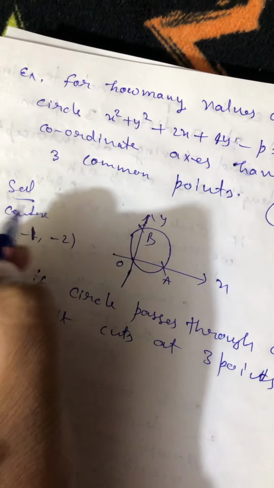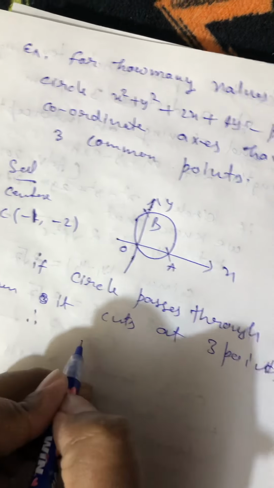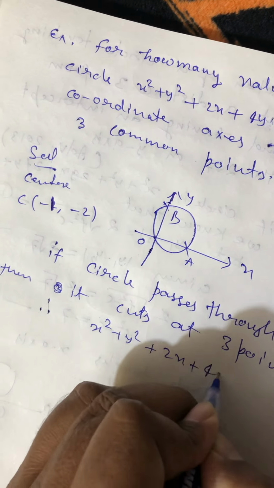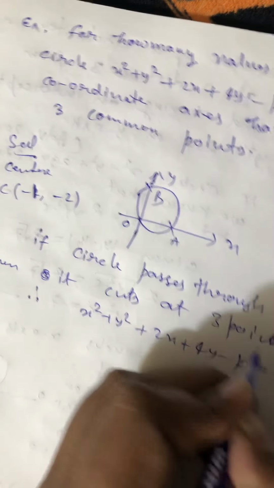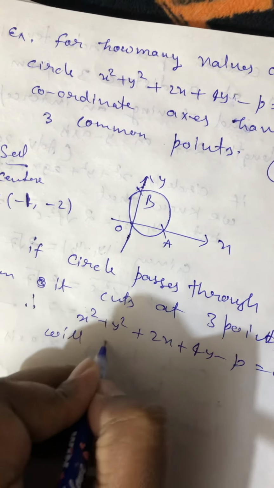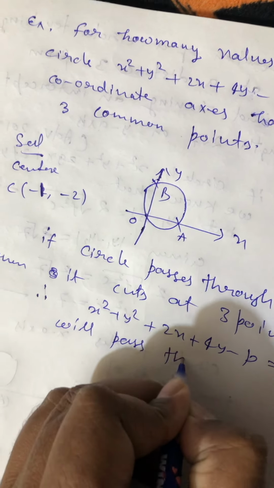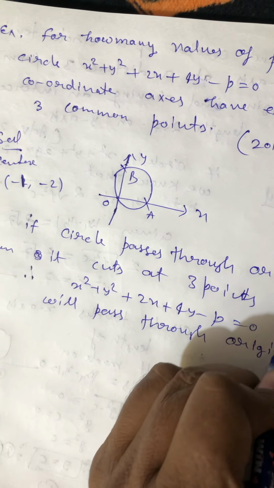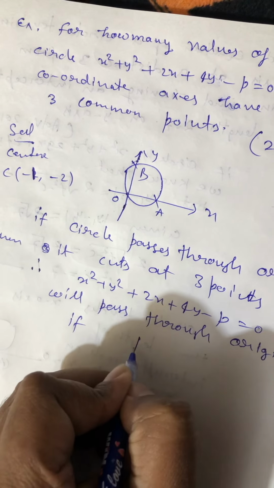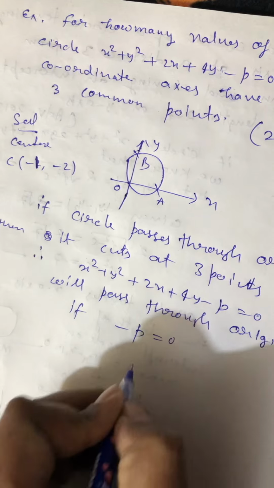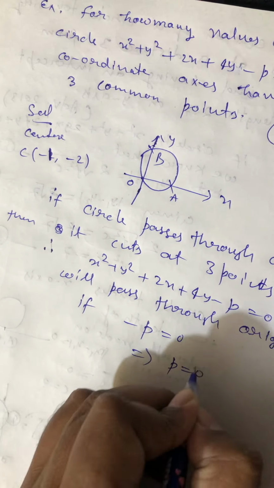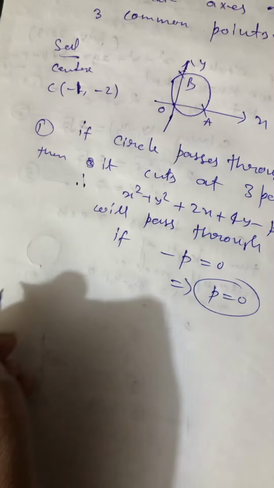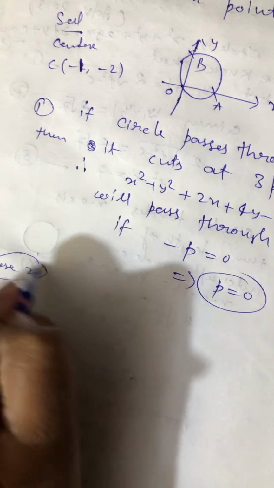सो इक्वेशन आप बोलेंगे, देयर फोर x² + y² + 2x + 4y - p will pass through origin, if constant value means -p is 0। सो यहाँ से आपके p की वैल्यू आ गई 0। अब हम देखेंगे कि और कोई कंडीशन है, ये तो केस 1 हो गया, सपोज केस 2 देखते हैं